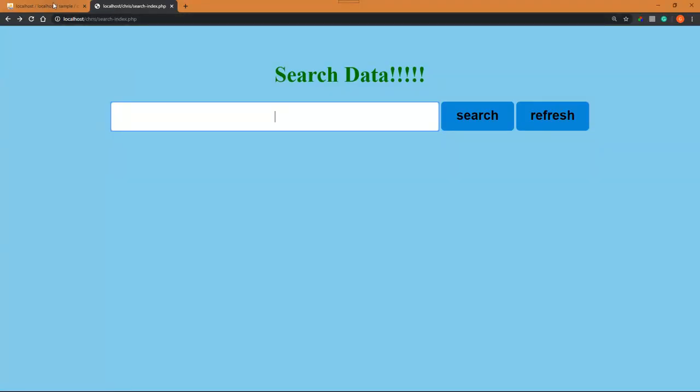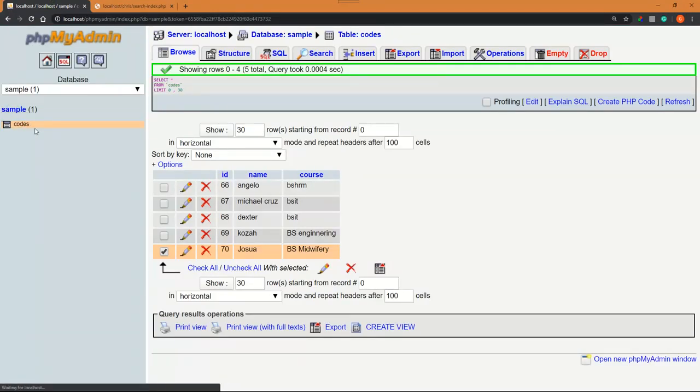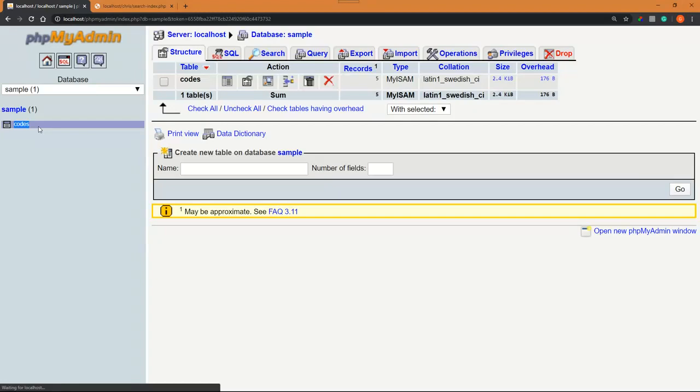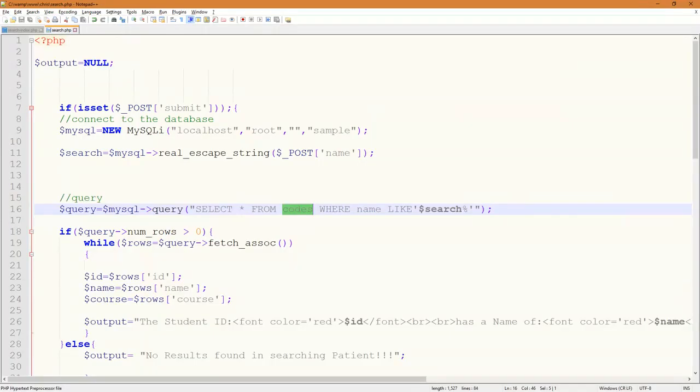Let me show you. This is our database name, and this is our table name, which is codes. So that's why I put here codes. I declare a variable, dollar query, because for me the name query is easy to identify as a query that connects to the database and my table. So I declare dollar query is equals to mysql, which I get over here the connection of the database